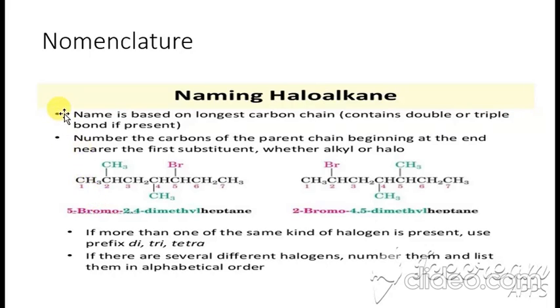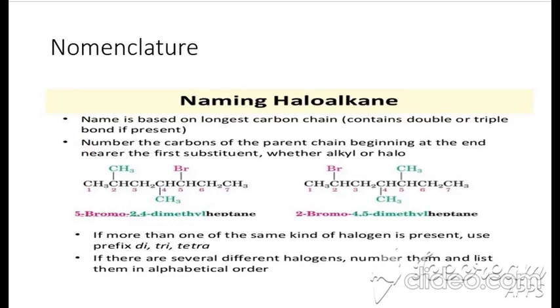3 or 4 point. Number 1, longest carbon chain. Number 2, the number that is assigned is the lowest possible number. And number 3 is the same if you have more than one substituent. For example, look at this. All other rules are the same as we have discussed in alkane, alkene, alkyne. Just you should give preference to the functional group, that is bromine, chlorine, iodine, all are the halogen group.